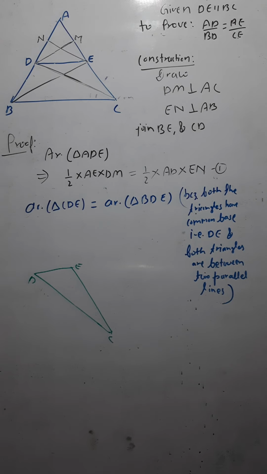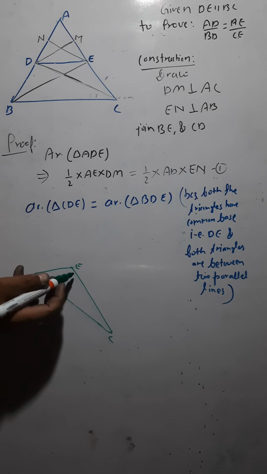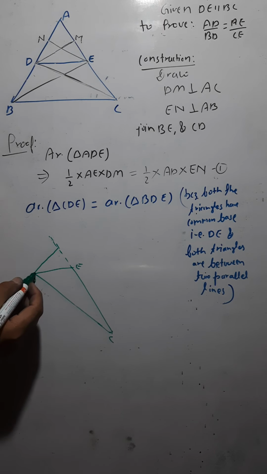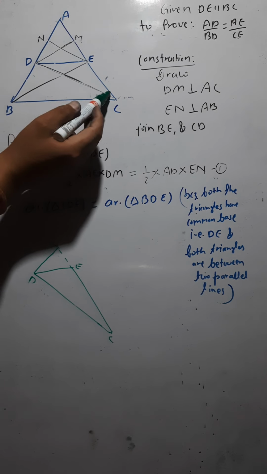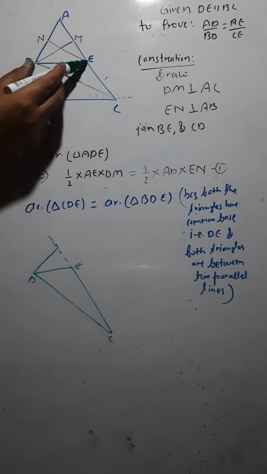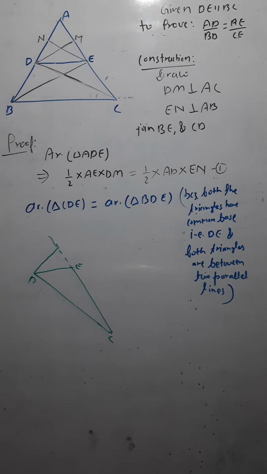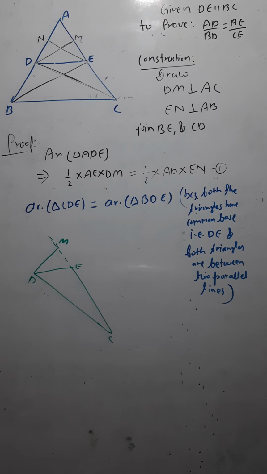So for finding out the area of such a triangle, we would draw a perpendicular. You just move ahead this one line, and from D you draw the perpendicular line. This was the obtuse angle triangle CDE. We just move ahead from E up to M, and from D we have drawn this perpendicular line, that is DM.